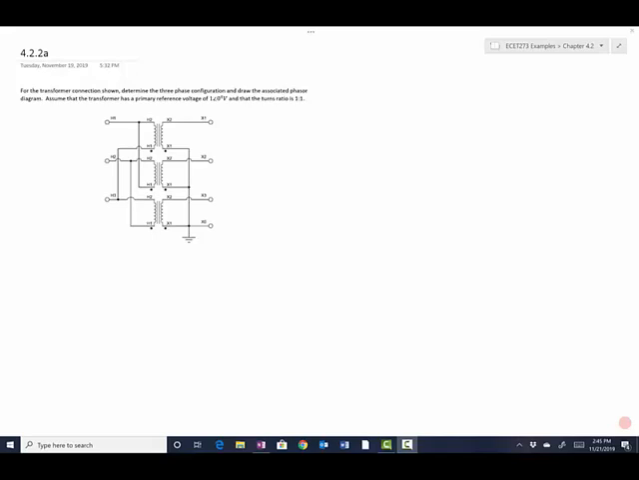Example 4.2.2a. For the transformer connection shown, determine the three-phase configuration and draw the associated phasor diagram. Assume that the transformer has a primary reference voltage of 1 angle 0 degrees volts and that the turns ratio is 1:1. So the purpose of this example is that we're really trying to show that three-phase transformers can be